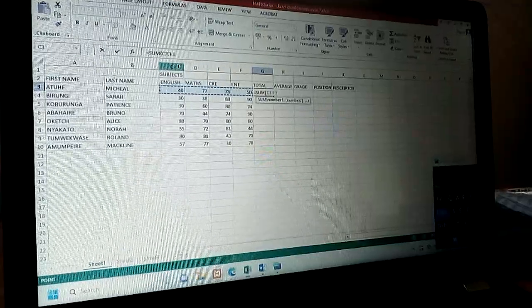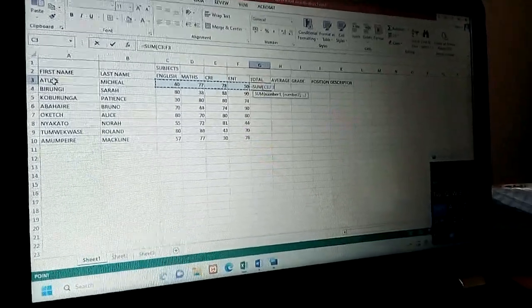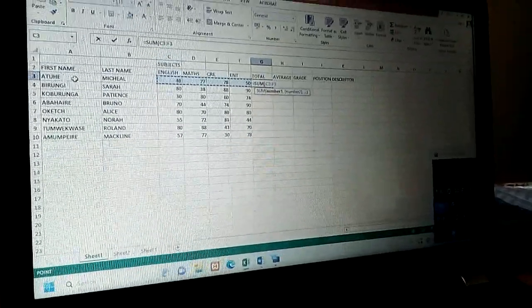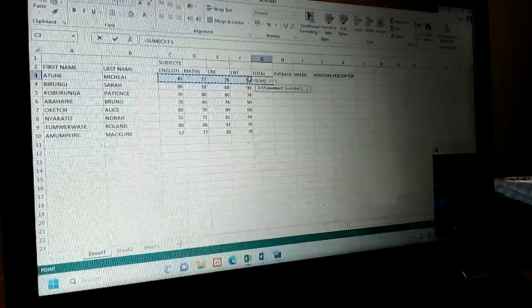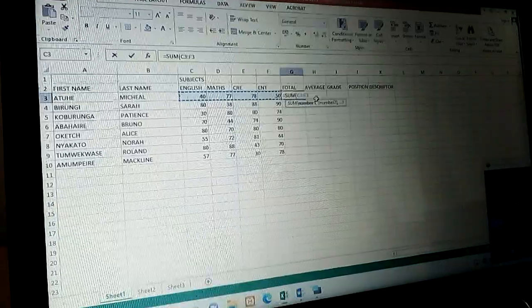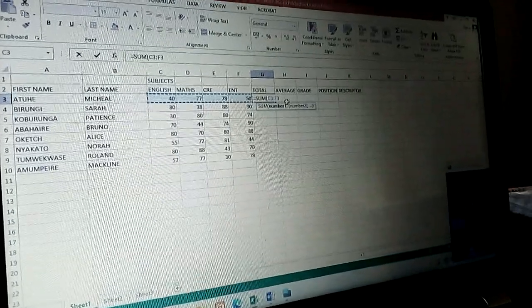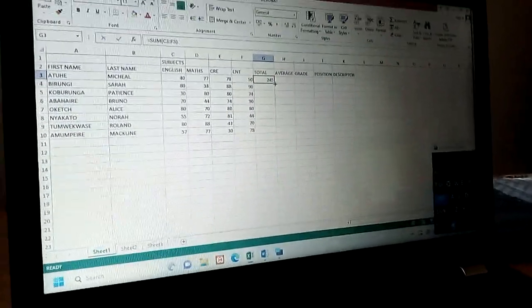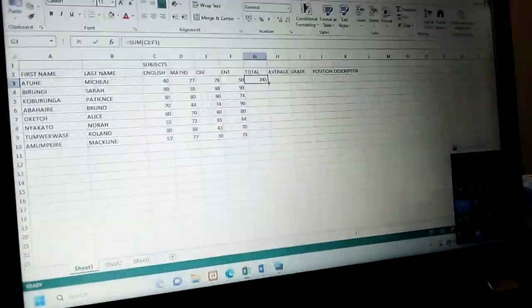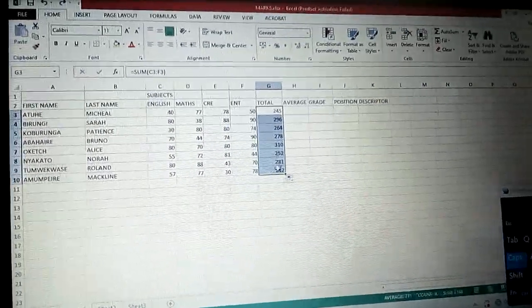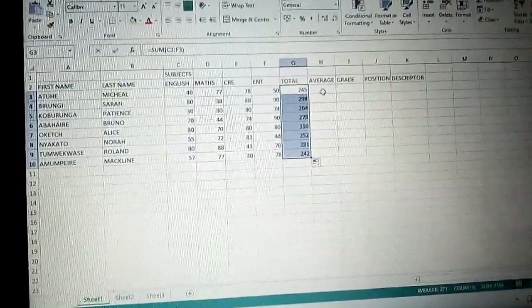C3, because it is in column C and in row 3. So in cell reference, it becomes C3, and it is from C3 to F3. When we get these values, we are supposed to press a closing bracket, but even if we don't put it and we press enter, then the total value shall be put. So here we shall use an autofill handle, and this is the plus sign at the bottom right of the cell that has been got, and when we double click it, it will bring the totals for each student.